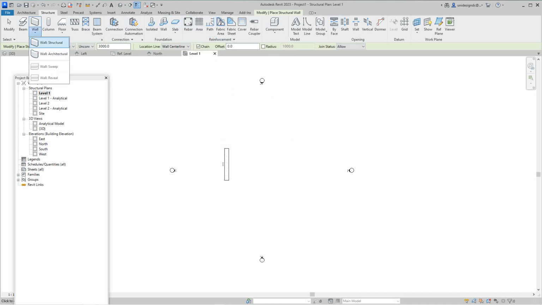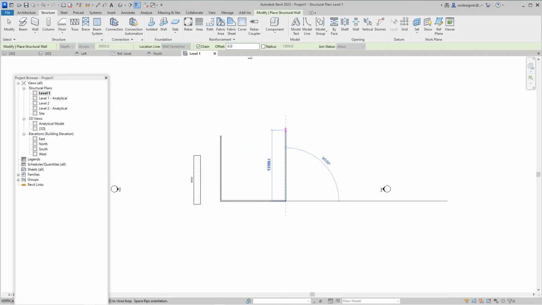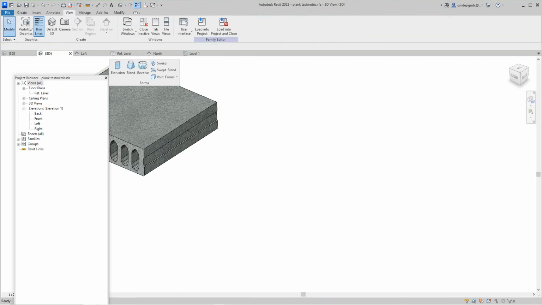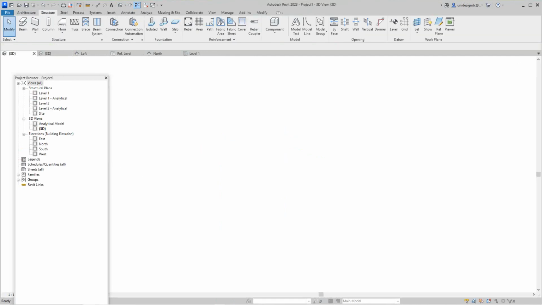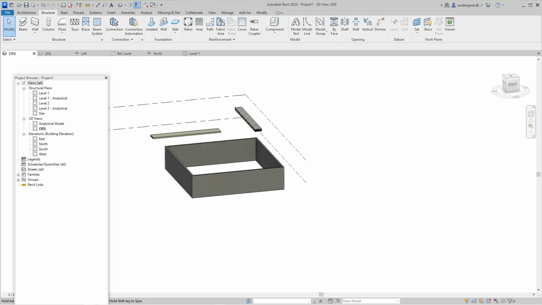Wall structural. I'm going to just go and place a wall here. Here. I don't know why this is doing this like this for me. And here. And there. Let's just look at this in our 3D view. This 3D view. Okay, so now